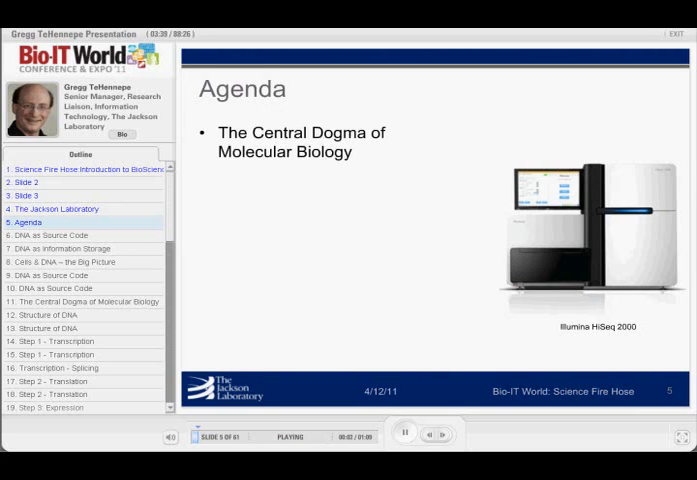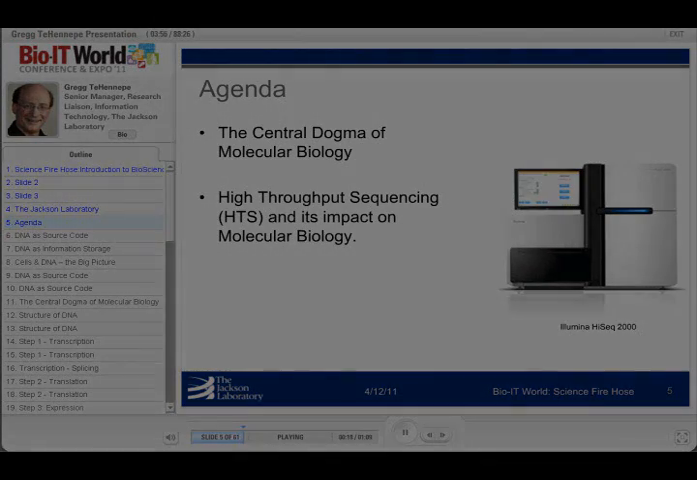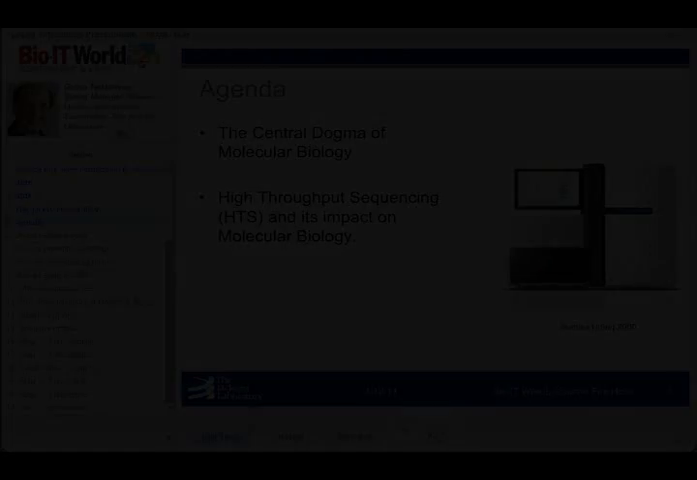So we're going to start off with science. We're going to start off with what's called the central dogma of molecular biology, to understand really what's the core set of questions that biologists and geneticists are asking today. We're going to then look at how high-throughput sequencing works, and try to figure out why is it that